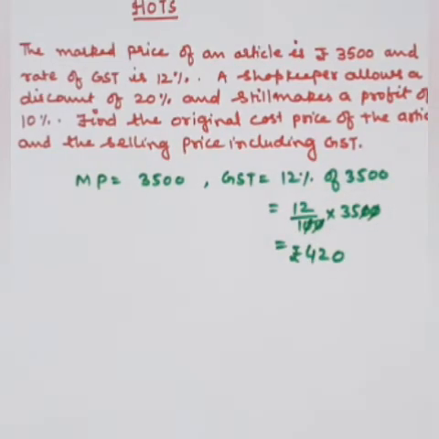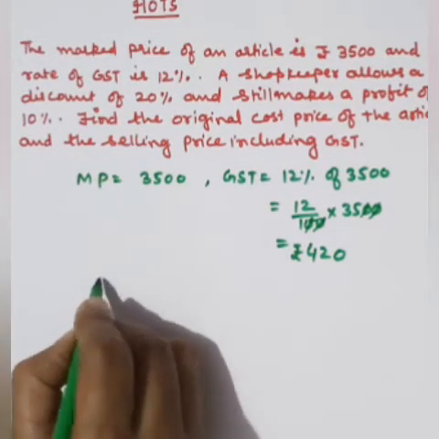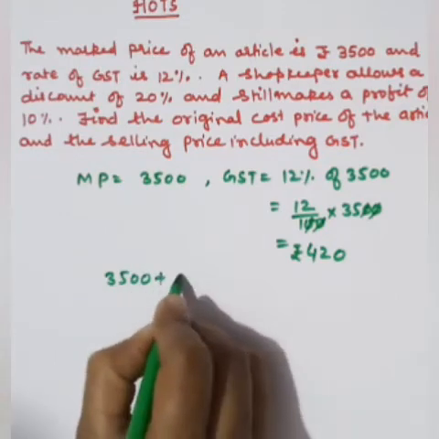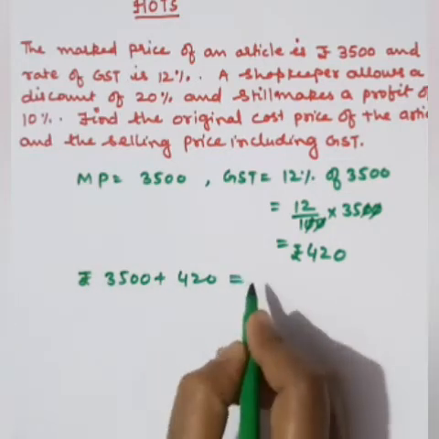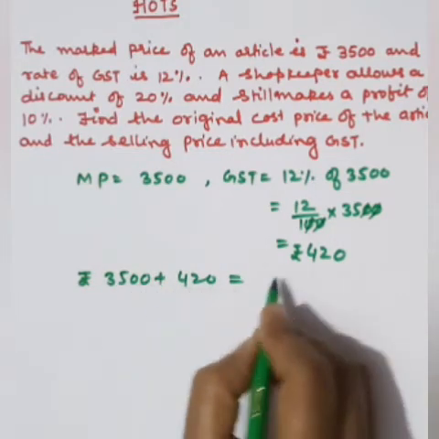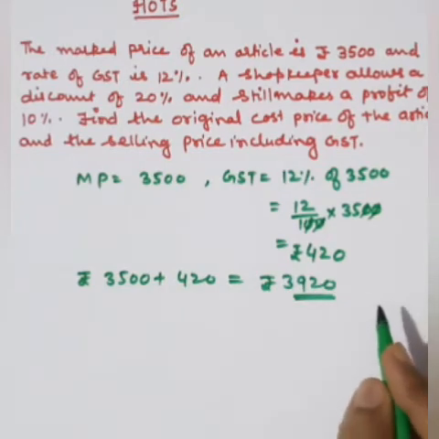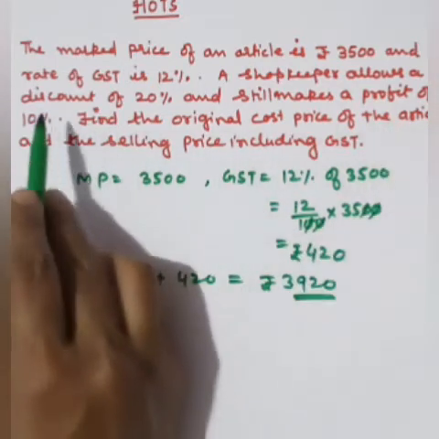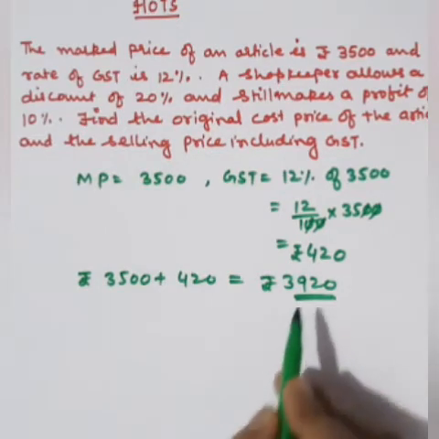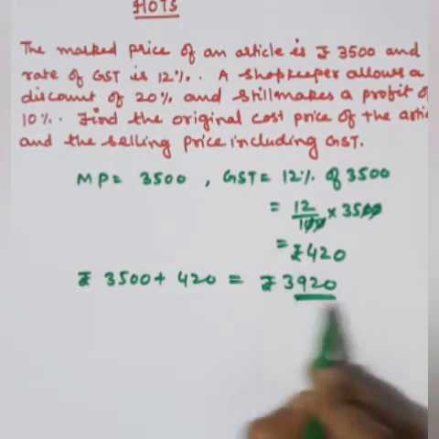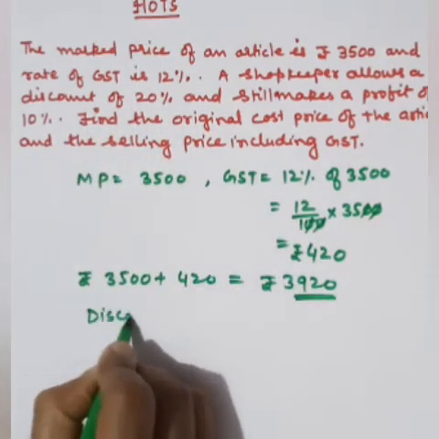So the shopkeeper will say that the article costs 3500 plus 420, that is, see here, 3920. So rupees 3920. This is the actual price of the article, but he is allowing a discount of 20%. So what will be the SP? You have to subtract the discount from this particular amount. How much is the discount? Discount is 20%. So discount is equal to